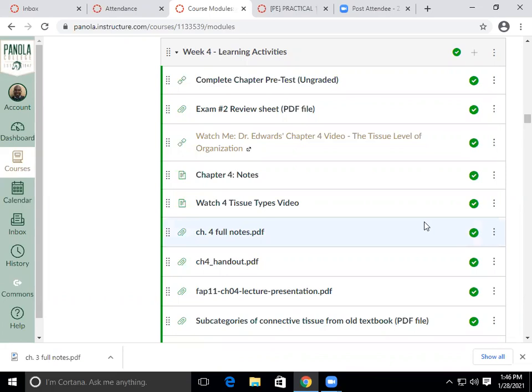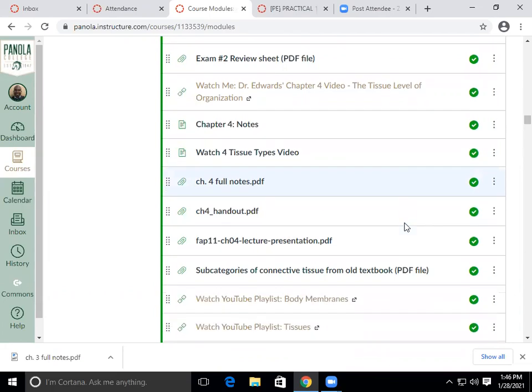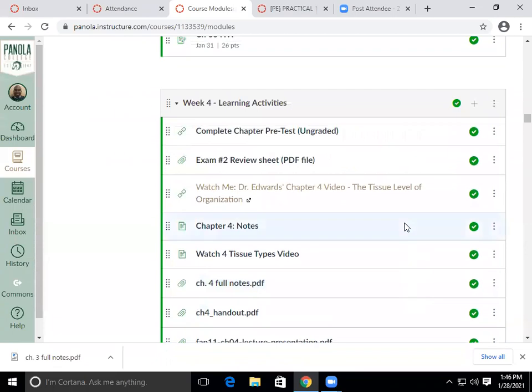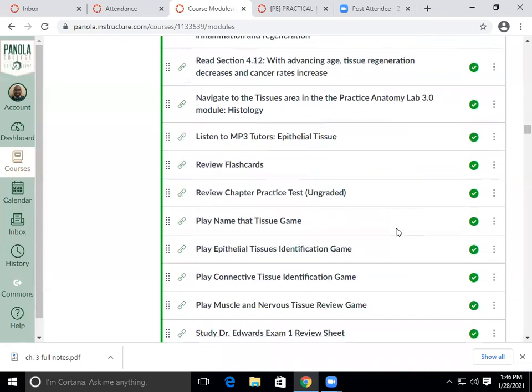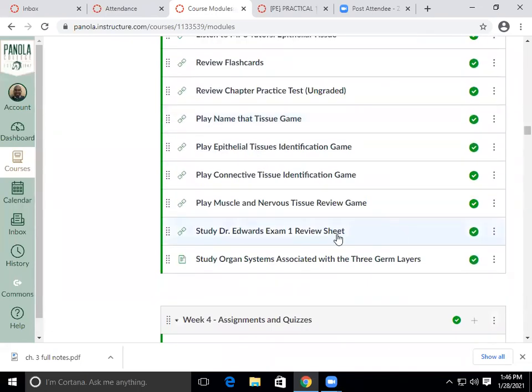When the question was asked, I'll get you. So, the question was asked, where do I find the exam review sheet? If you scroll down the modules to the week 4 learning activities module, scroll down to the bottom, Study Dr. Evers' Exam 1 Review Sheet. If you click that,